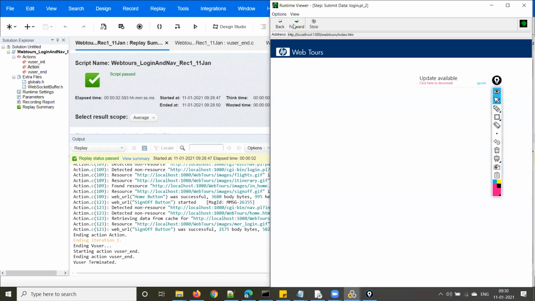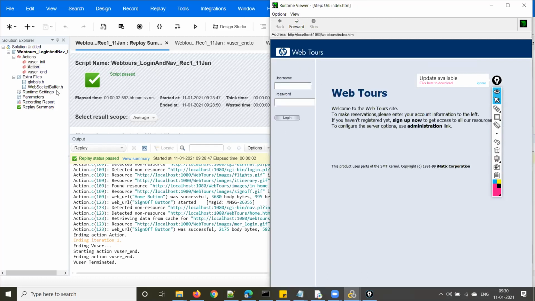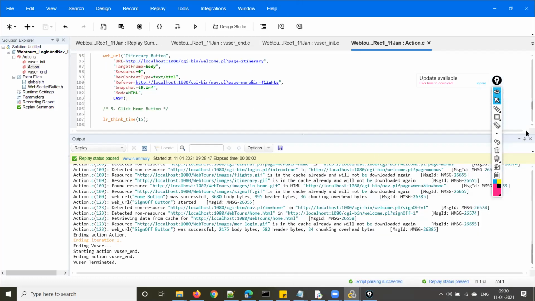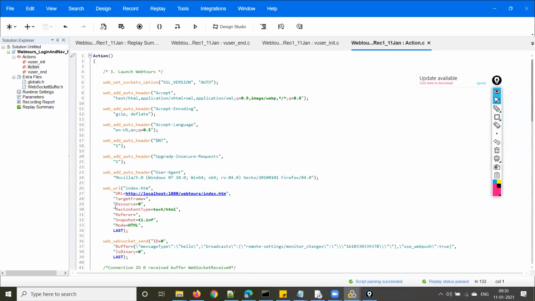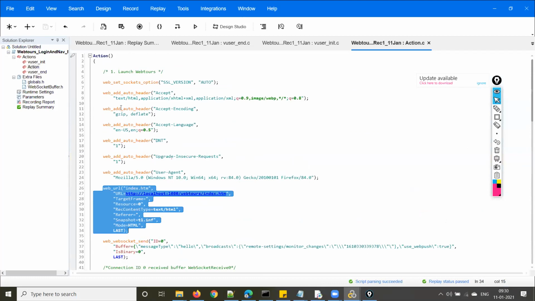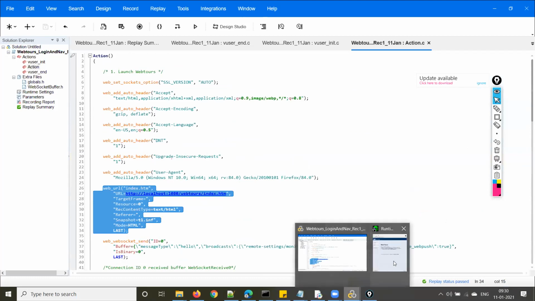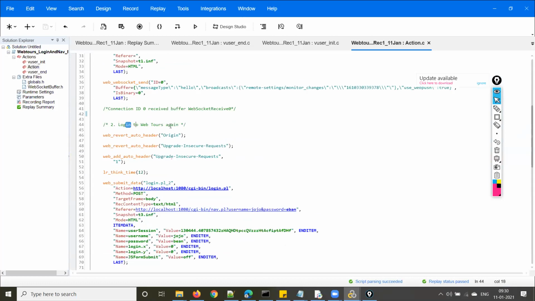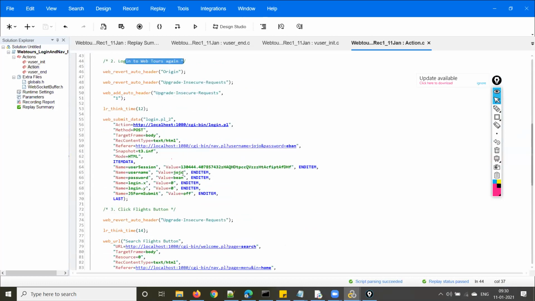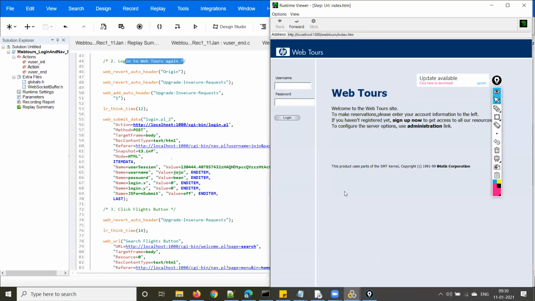This page is correct. The corresponding request is WebTools index.html, the index page. The next step is login to WebTools. Now let us see the next screen.